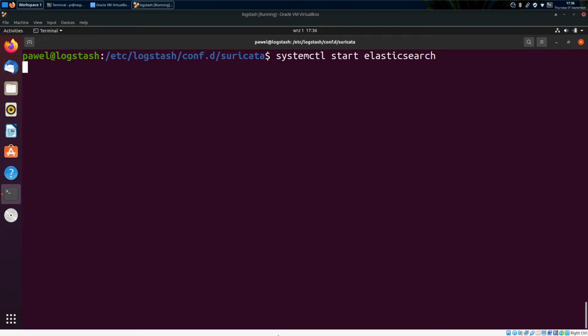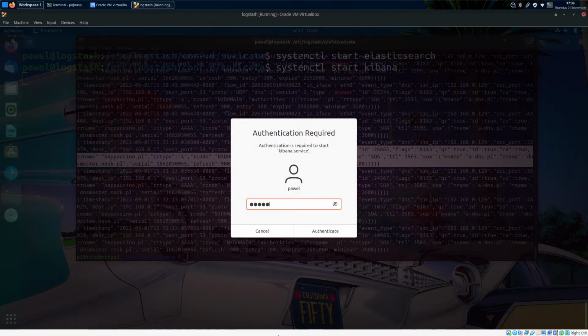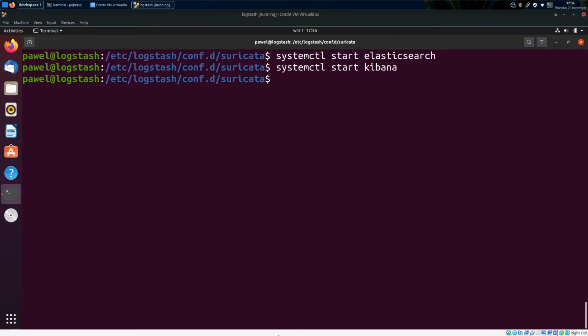I think I should put Elasticsearch and Kibana on auto start, but okay, and now let's start